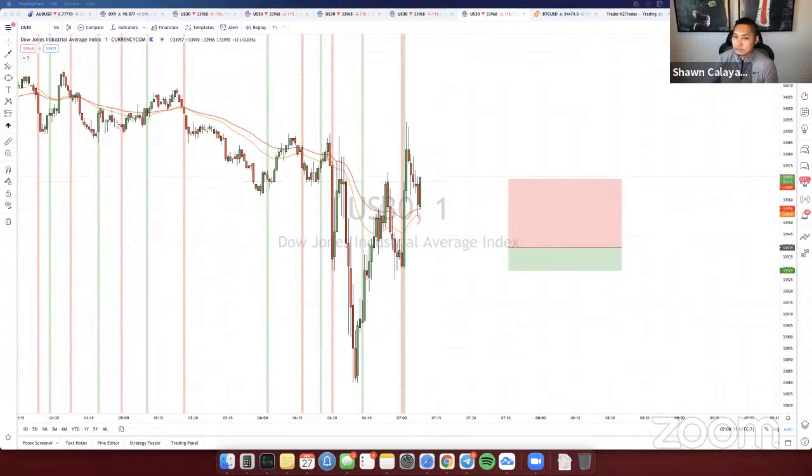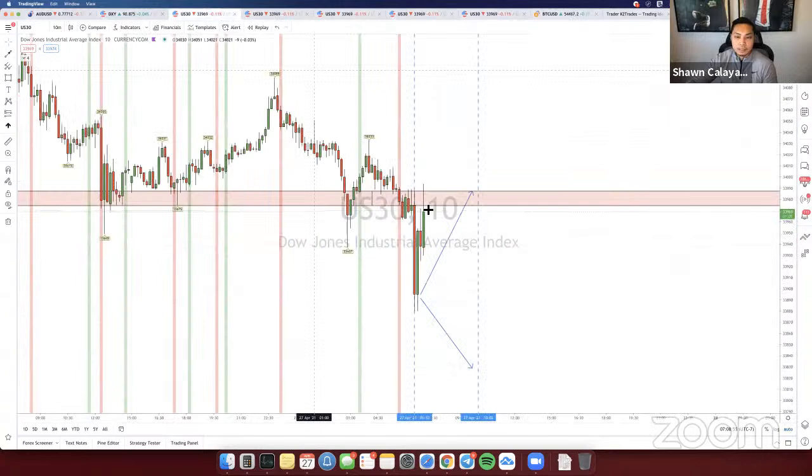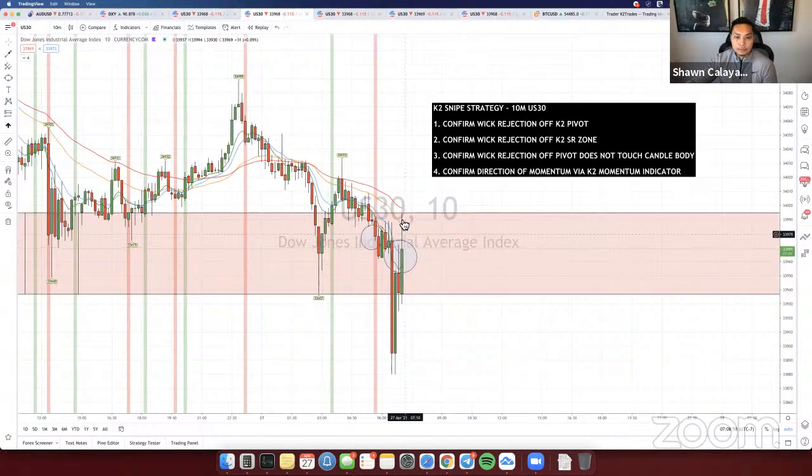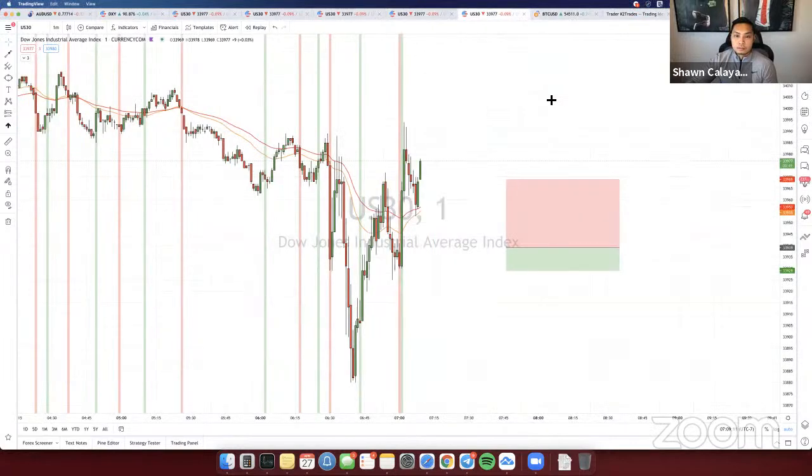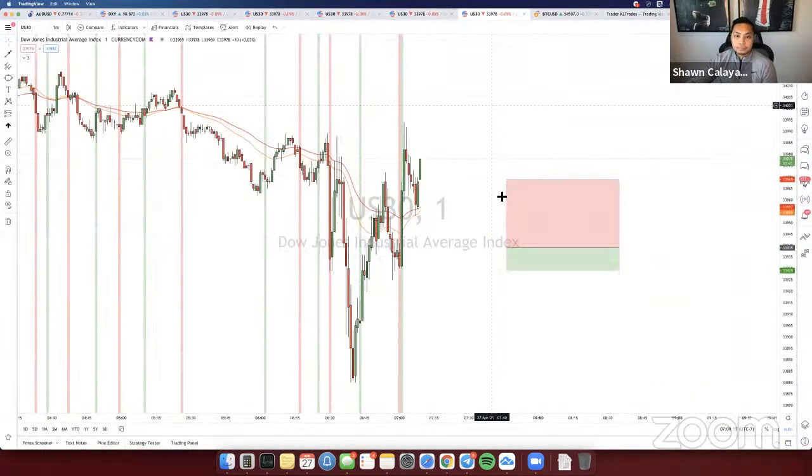So looking at this here, this is the 1 minute, like I mentioned. I'll go back over here to the 10-minute. It's rejecting off that area that I marked up right here. It's also rejecting off that area off this 10-minute. And same with the other 3-minute over here. So we'll see where it goes. But like I mentioned, I'm still holding on to it.